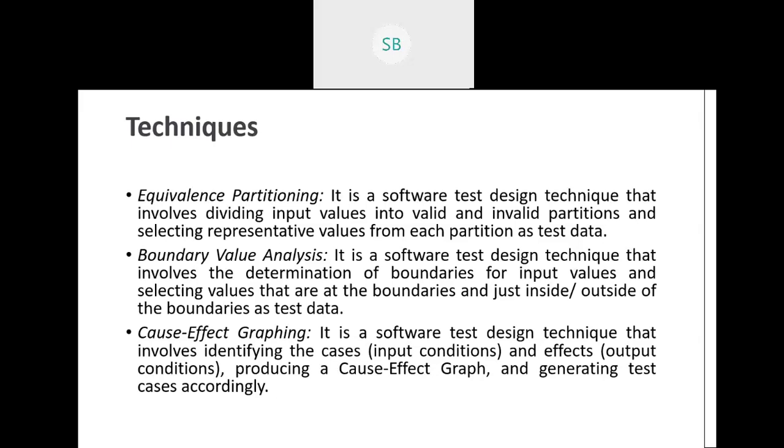Now we will divide them: these are the valid inputs, that means the correct ones. If we enter these values, it will enter into the system, like if we give these login details, it will log into the system. And we have incorrect details, so how will the system behave? So the inputs are divided into sets, and from each partition, valid and invalid, we take one representative as test data, and then we keep on checking.